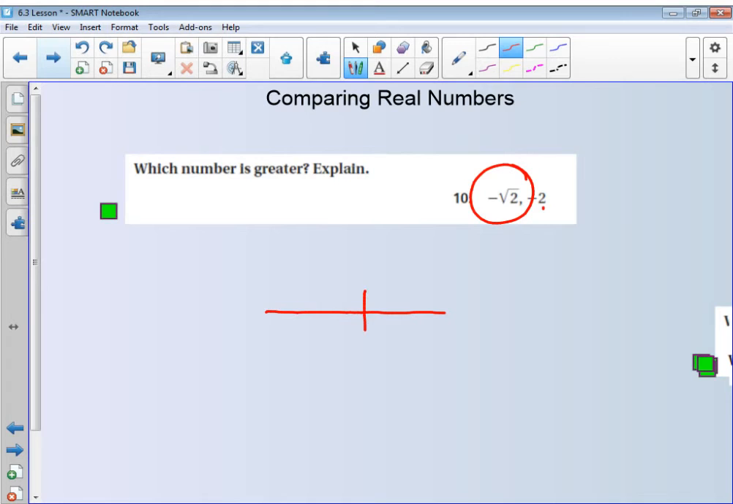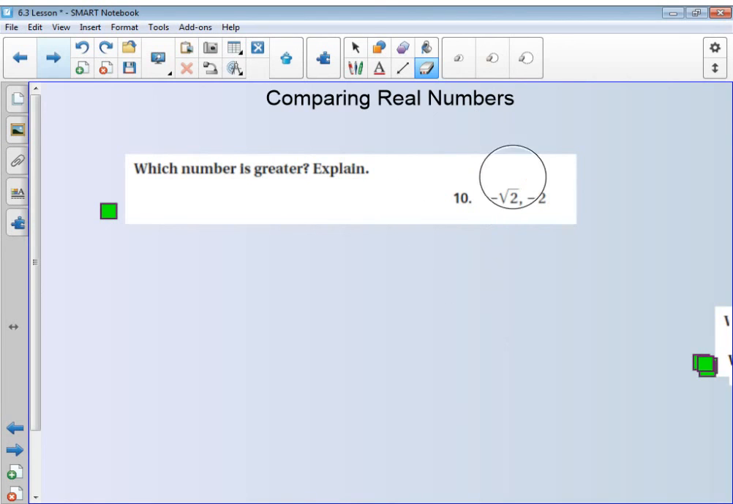If I was looking at my 0 line, here's negative 2, and negative square root of 2 would be like at 1.4 if this was 1. Okay, negative 1.4, this would be my negative square root of 2. Okay, so it's bigger because it's closer to 0. Or not closer to 0, but further down the line on the right side. Okay, so that's working with comparing